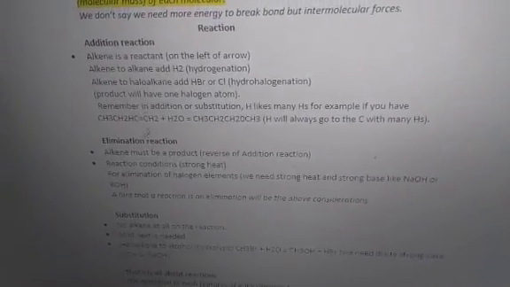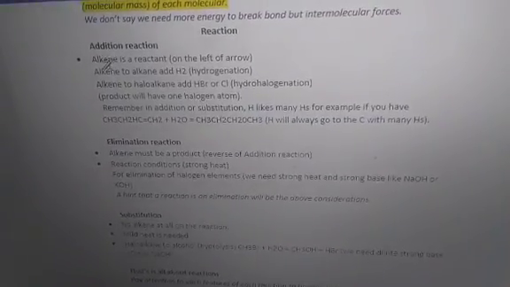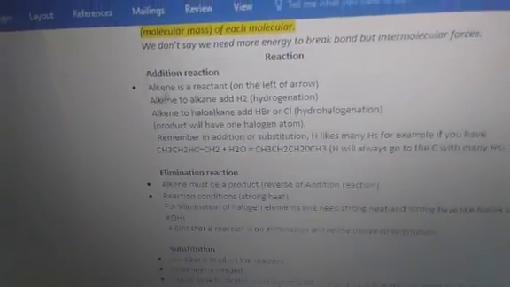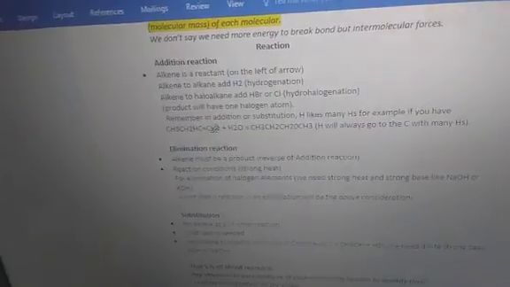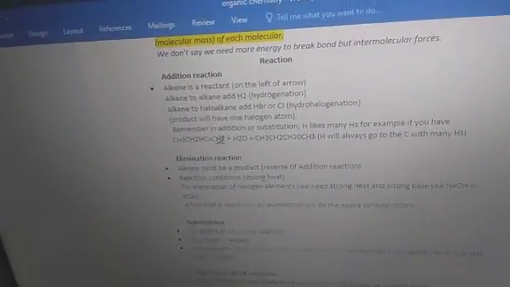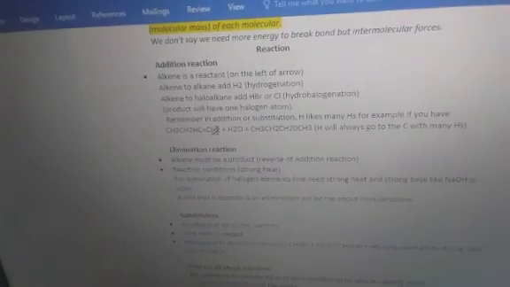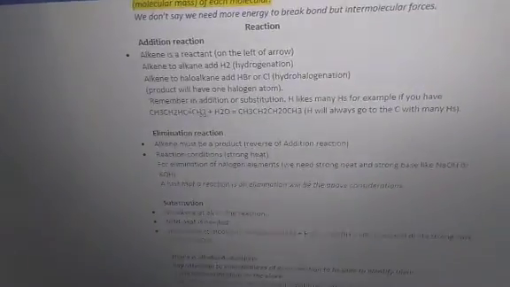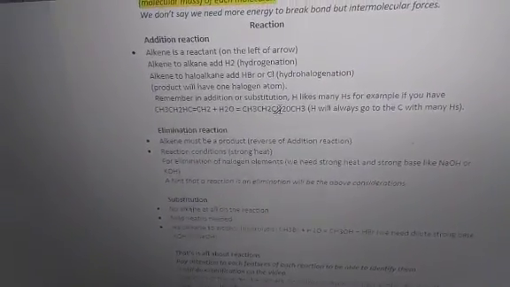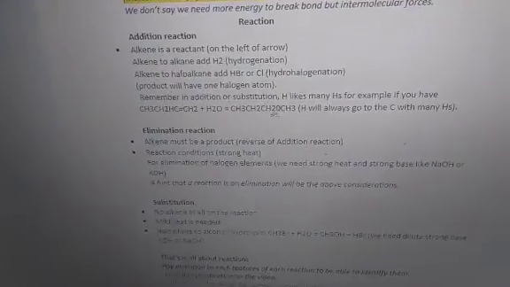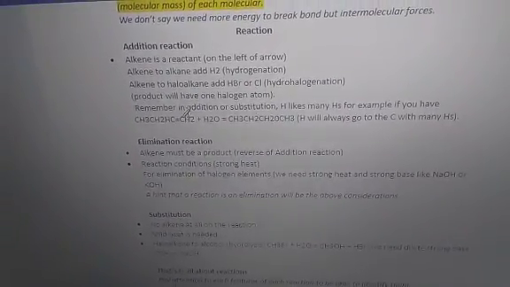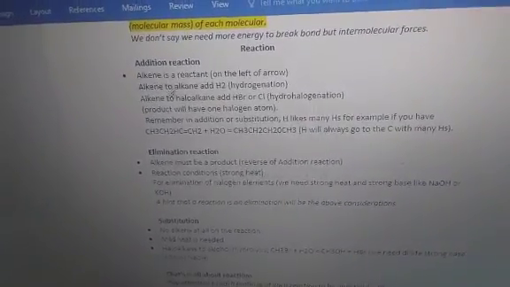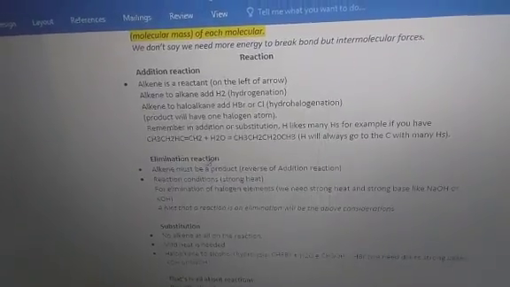Okay, a double bond only exists in alkenes in most cases. So if you have an alkene on the reactant, therefore whatever you are doing, it's merely an addition. That's how we observe an addition reaction. You might read through this, but what is important is the fact that in the reactant you must have an alkene for you to have an addition reaction.